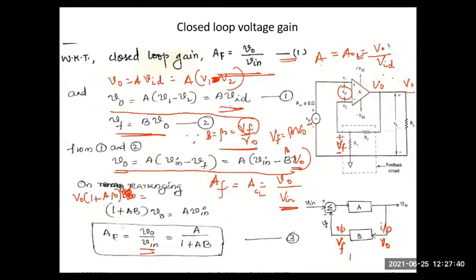And what am I interested in? I am interested in finding the closed loop gain or the gain with feedback for this non-inverting amplifier, also known as the voltage series feedback amplifier. How will you define this ratio? It will be A divided by this Vin, I'll take it to the LHS, 1 plus A beta to the RHS. So it becomes A by 1 plus A beta.